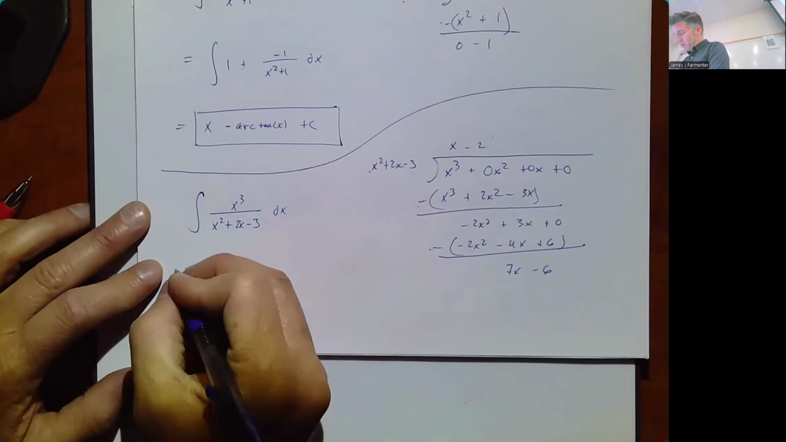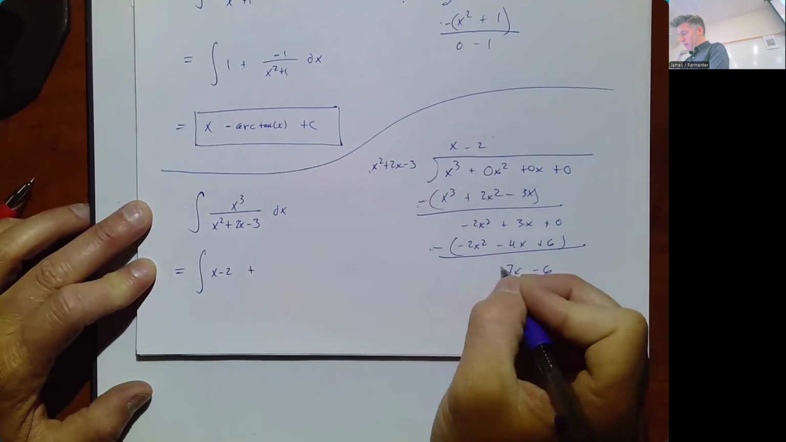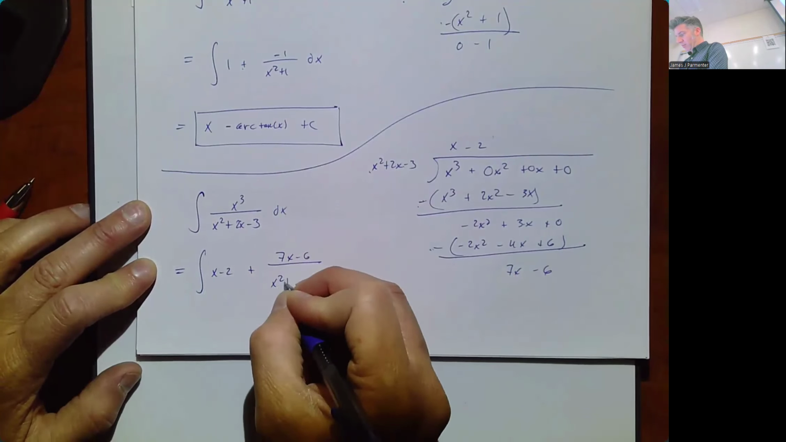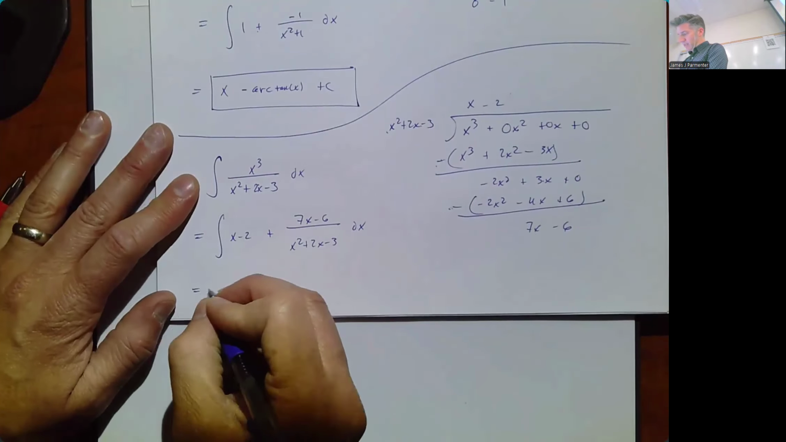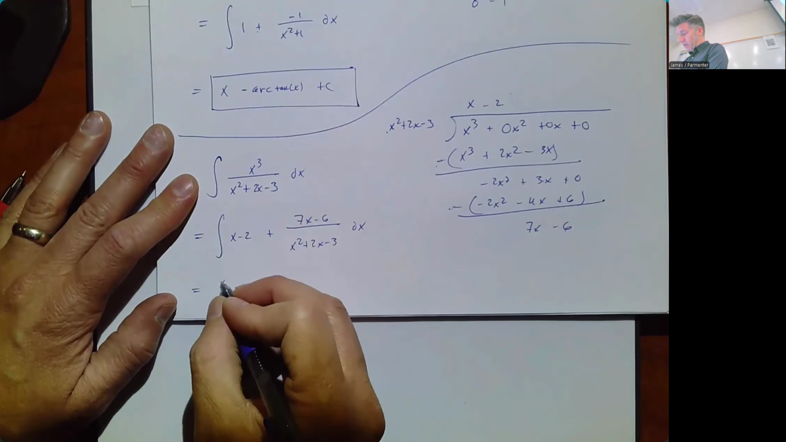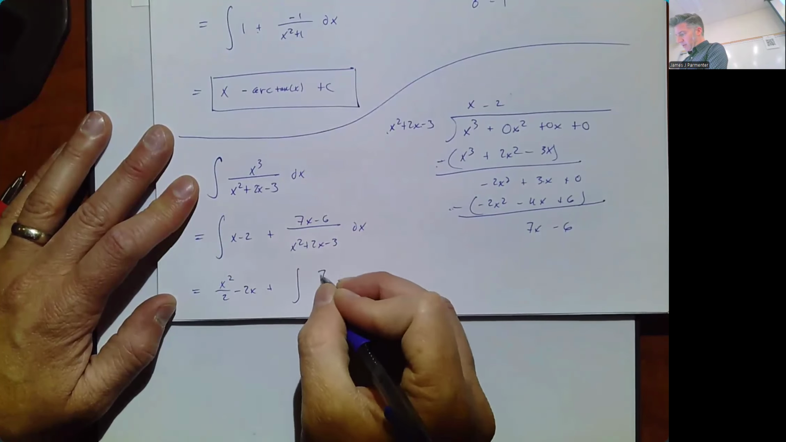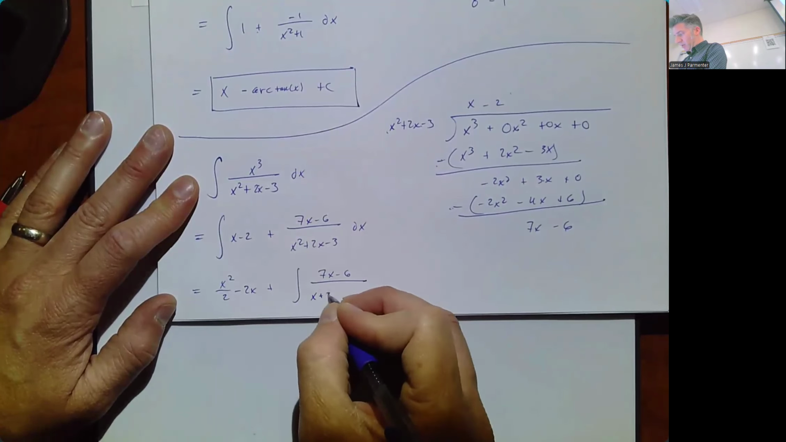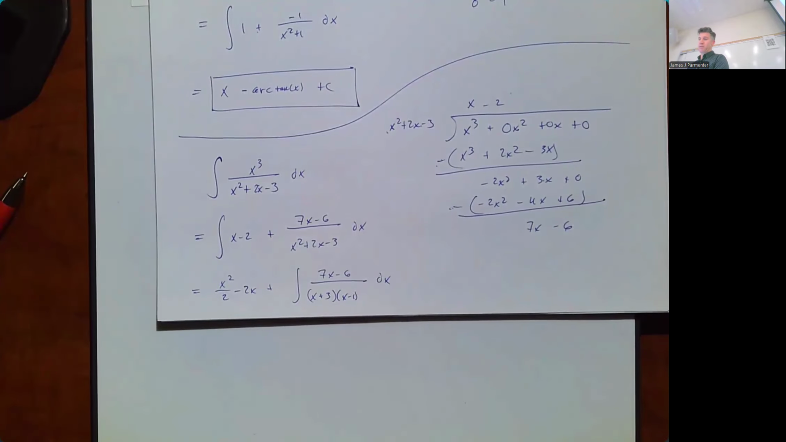And then we can rewrite this integral as the integral of the quotient x minus 2 plus the remainder, 7x minus 6 over the denominator, x squared plus 2x minus 3. And then we can anti-differentiate those parts and get x squared over 2 minus 2x plus the integral of 7x minus 6 over this denominator, which factors as x plus 3 times x minus 1. And then we can use partial fractions on this piece, which we will not do because it's